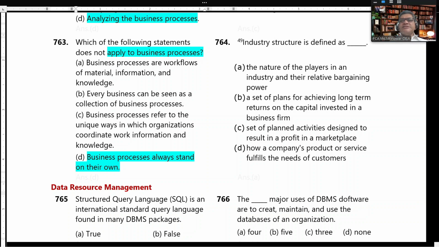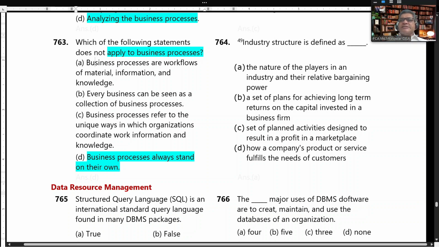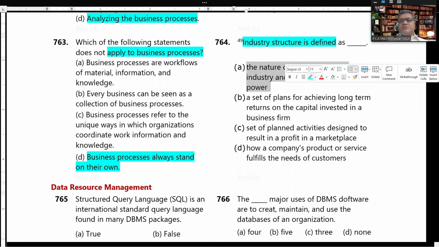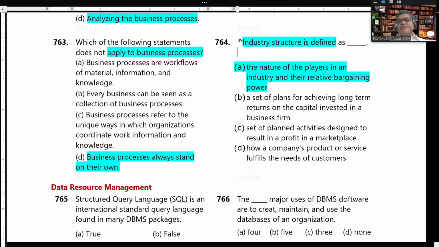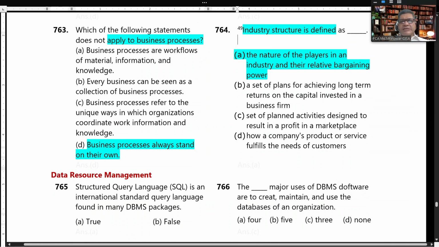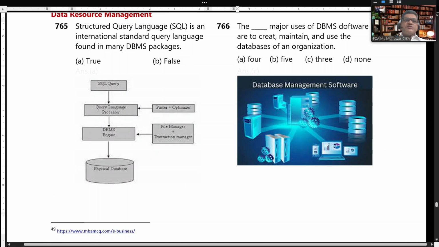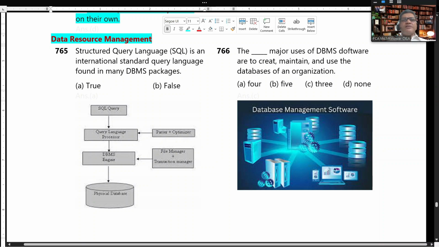Industrial structure is defined as the nature of the players of an industry and their relative bargaining power. So একটা ইন্ডাস্ট্রির তার স্ট্রাকচারটা ডিফাইন করে যে কোন নেচারের বিজনেস এবং তাদের মানে স্টেক হোল্ডার কারা, প্লেয়ার কারা ইন্ডাস্ট্রিতে, তাদের সাথে রিলেটিভ বার্গেনিং পাওয়ার কতটুকু আছে এটার উপরে ডিপেন্ড করে। আনসার এ। নাও ডাটাবেজ রিসোর্স ম্যানেজমেন্ট। স্ট্রাকচার কোয়েরি ল্যাঙ্গুয়েজ